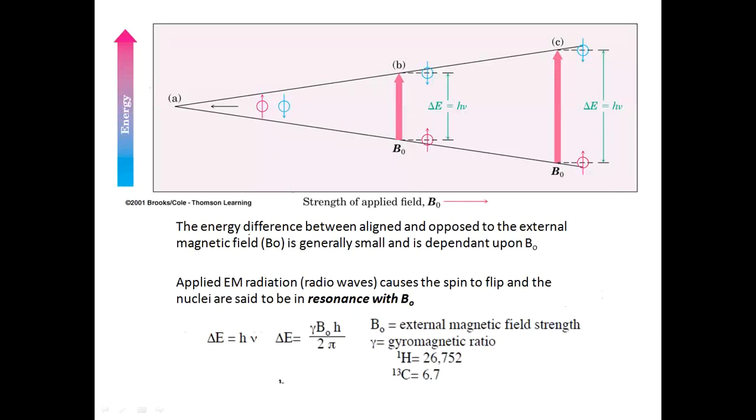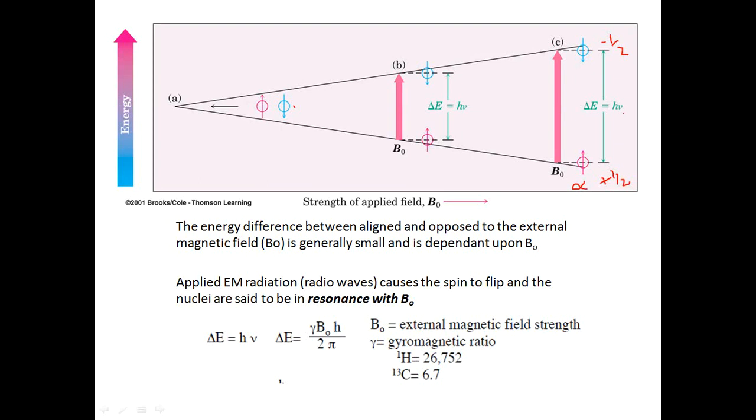So when the nuclear spins align, we said there are two types of alignment. There is a parallel inline alignment, and there is an opposite alignment, that is, anti-parallel to the external magnetic field. The spin state aligning with the external magnetic field is the lower energy nuclear spin state, which is given as +1/2, and the one aligning anti-parallel to the applied magnetic field is a higher energy spin state, given as -1/2. Right? So this is alpha, this is beta.